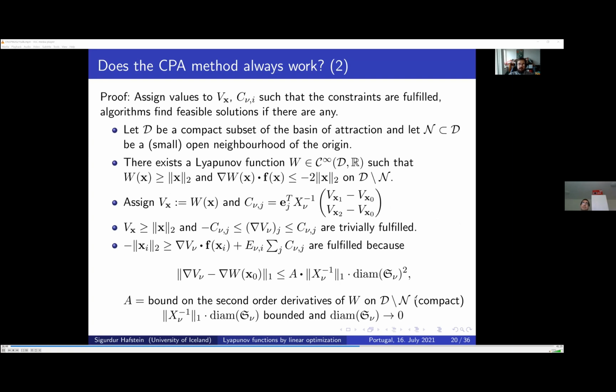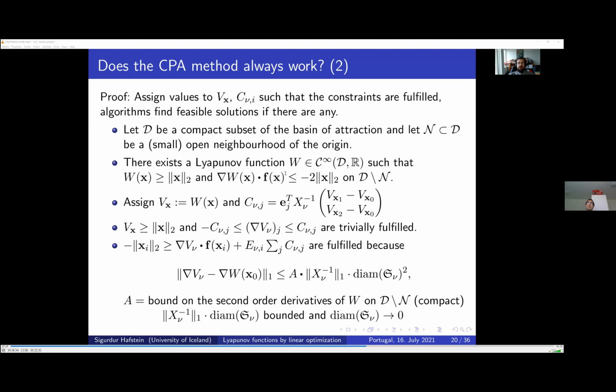The idea of the proof is that if we know there exists a Lyapunov function, or equivalently, if we know that the equilibrium point is asymptotically stable, and we take some subset of the basin of attraction, and we cut out a small neighborhood N of the equilibrium point,